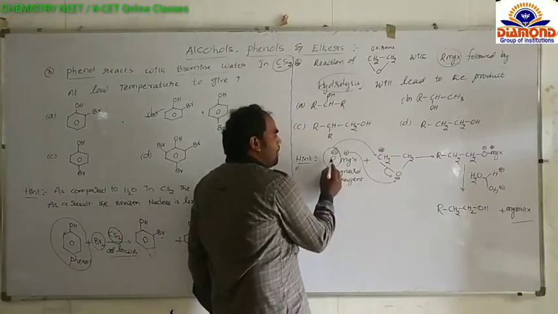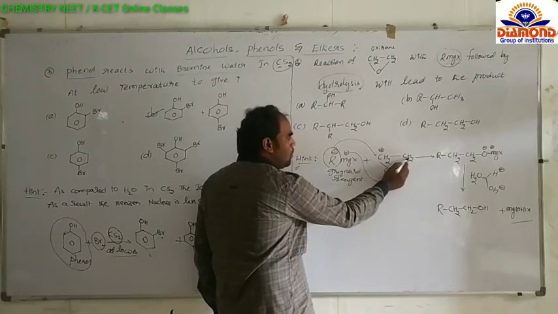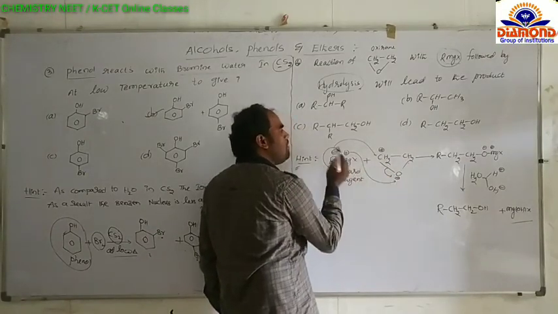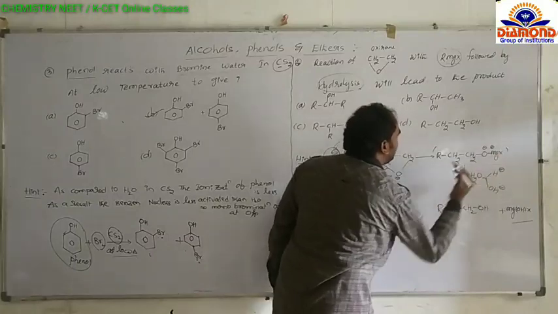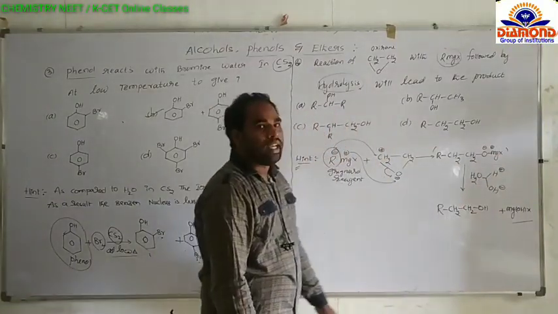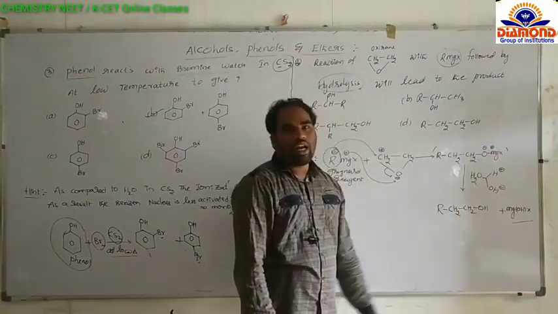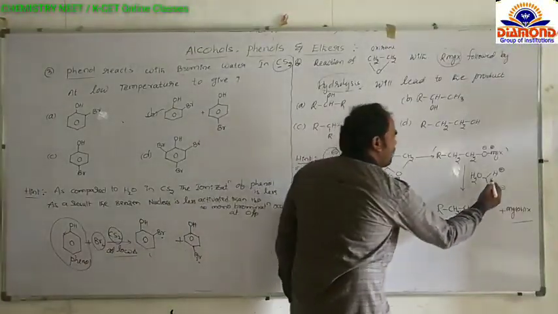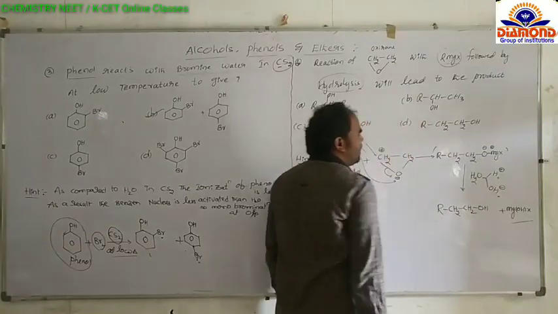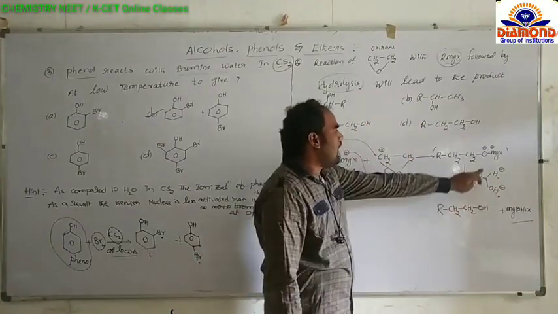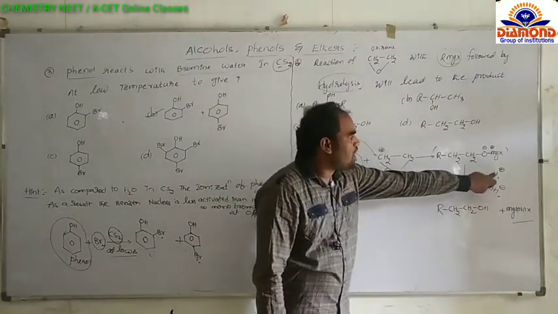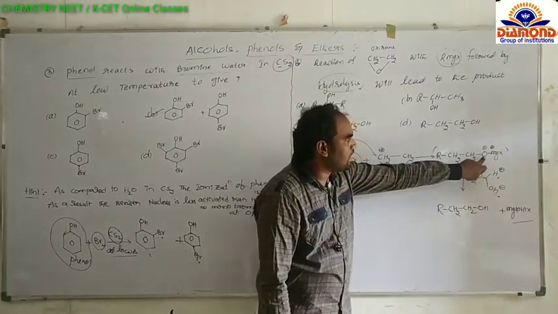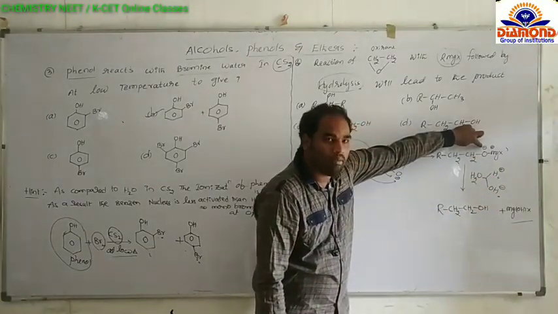So then R minus CH2 CH2 single bond O minus MgX. So this is an intermediate. Okay, now it undergoes hydrolysis. We already know that water dissociates into H plus and OH minus, students. So here, in the dissociation of water, it forms H plus and OH minus. So in this intermediate, the oxygen contains a minus charge.